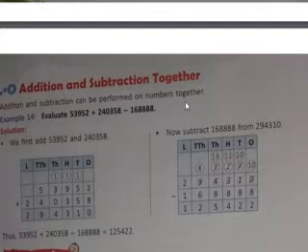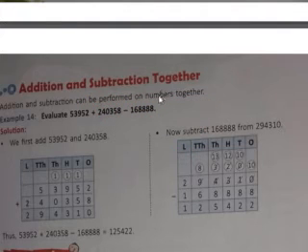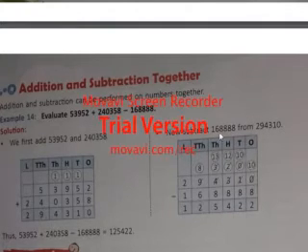Addition and subtraction together. That means till now we have done either addition or subtraction. When it comes to addition and subtraction together, what you can do, you can add two numbers at first and the third number you can subtract. Or if all three numbers are in addition, then you can add all three at once. If first is subtraction, then you can do subtraction at first and then after that addition. Okay. So it's also stepwise. In two steps it is done, as you can see over here.